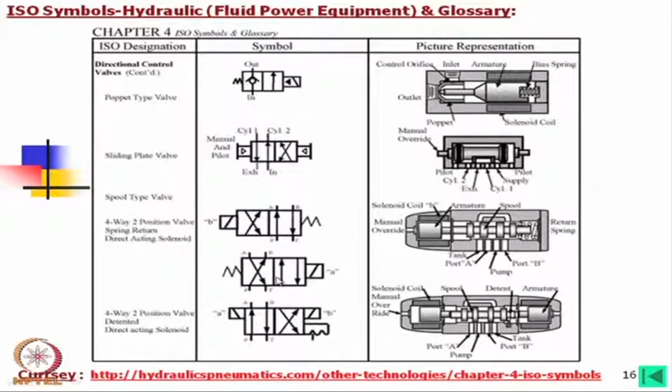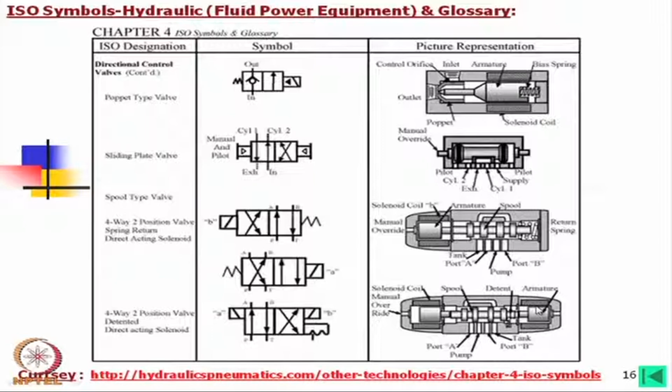So, in this case, this is just opposite one. That means in normal condition it is like this, by actuating this one we will have this position. Now, this is again 4/2. In this case we have two actuators, that means no spring is there, no neutral position, that off position we normally call neutral position. No neutral position is there. There will be this position, to get a position we should actuate either of these solenoids or